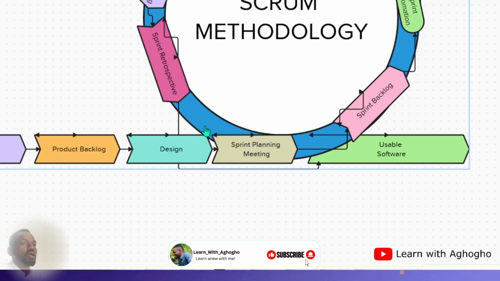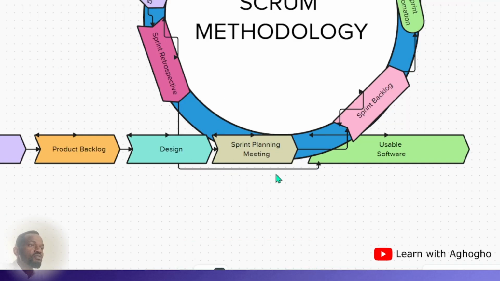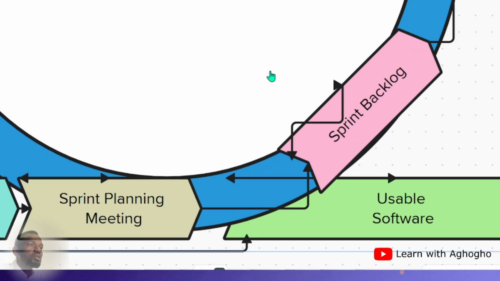So they are talking about the minimum viable product, where they will be delivering a certain feature of that e-commerce project. So that is then passed into the sprint backlog, where the team will